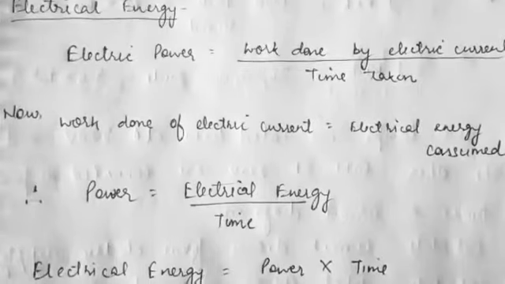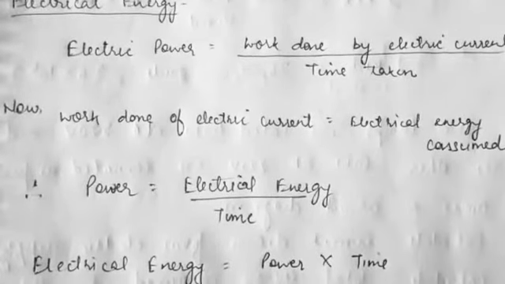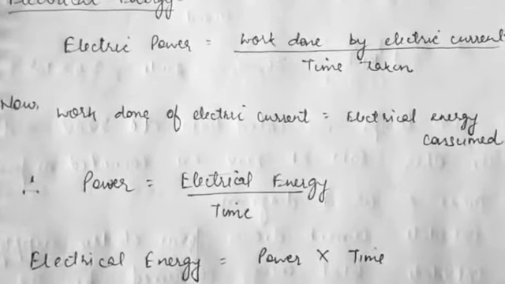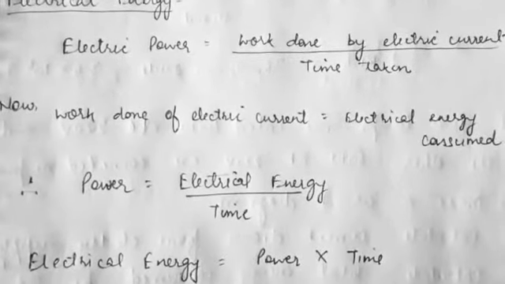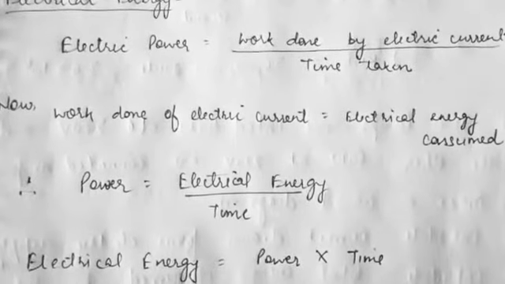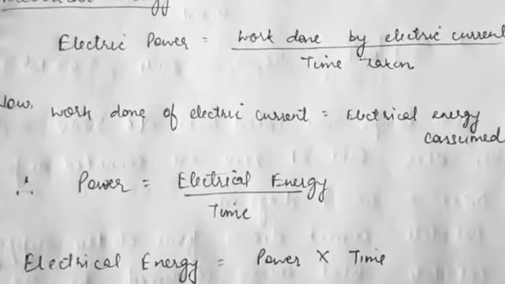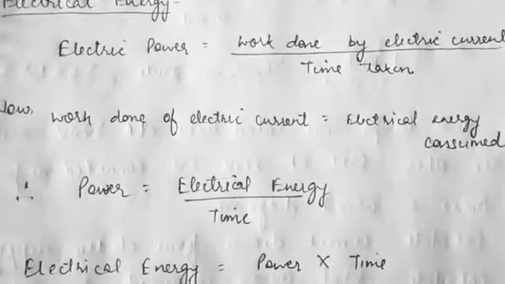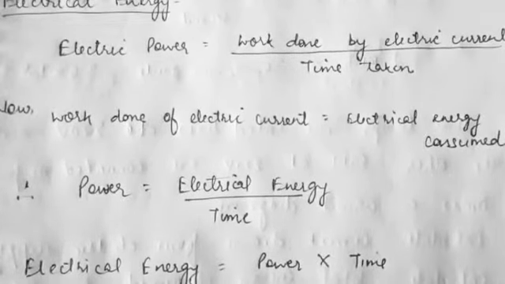Hello students. So in electricity the next topic is electrical energy. We have studied electric power, that electric power is the electric work done per unit time. And what is energy? Energy is the capacity of the body to do work. So if we go by the formula, electric power is equal to work done by electric current upon time taken,